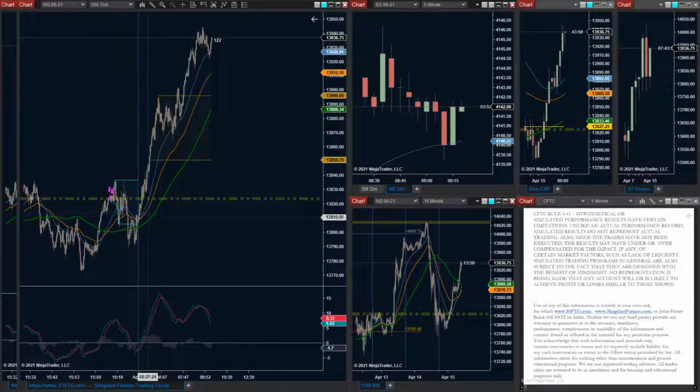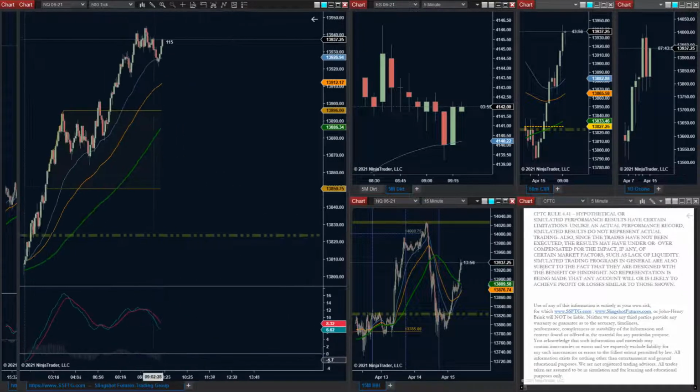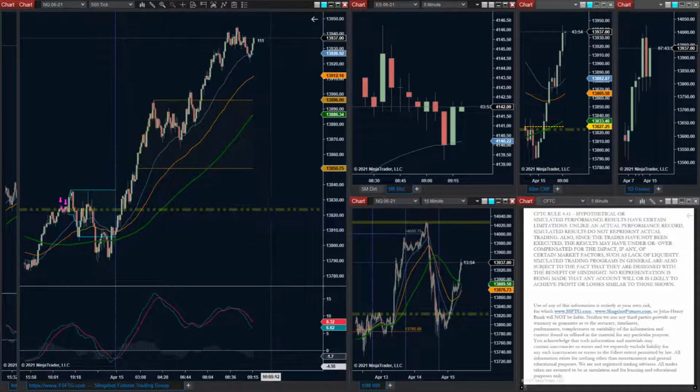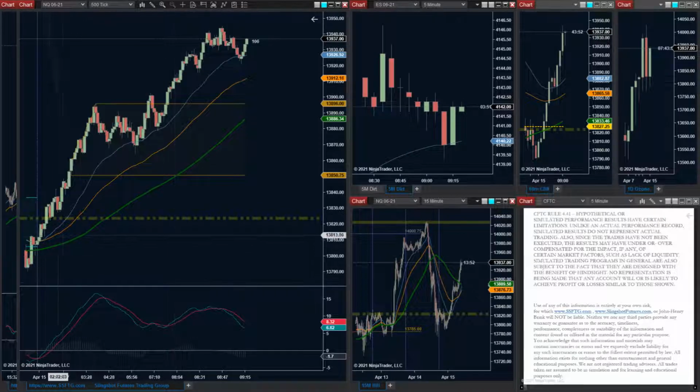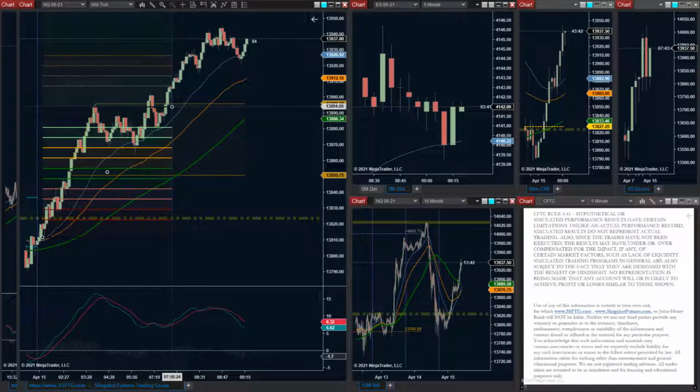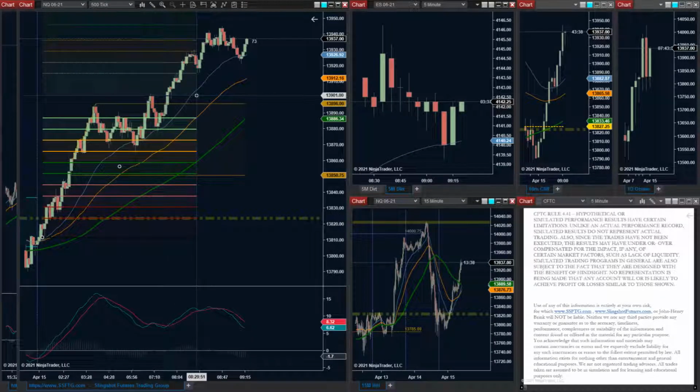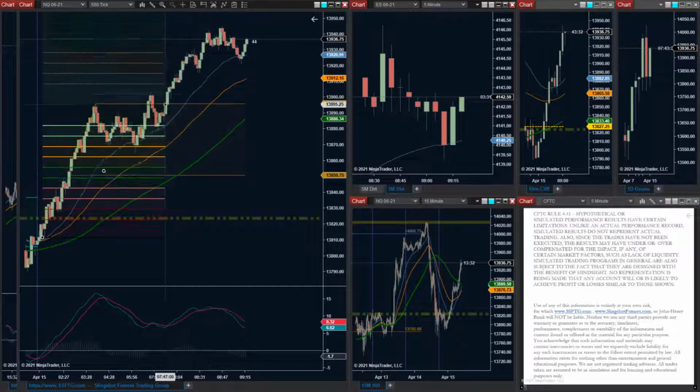Now, from the perspective of cycling so far this morning, man, what a bunch of weird little swings we've got going on here. The only swing that we have to work with is this one that formed at 1:08 in the morning. Really awkward, but we've got continuation to the upside. They held a 2-legged correction back to the L2, broke a quick high, and then into an L1. So they're climbing the ladder a little bit, L2 into L1.